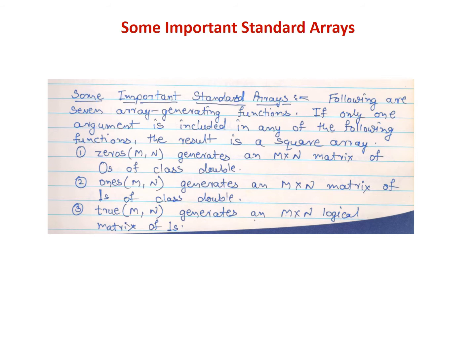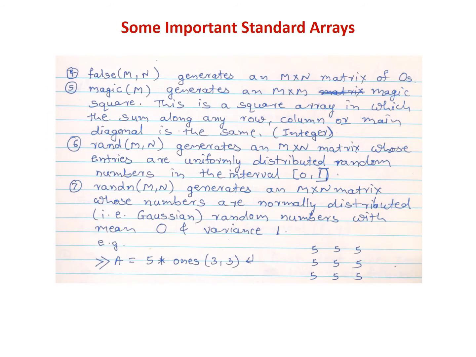Next, true(m,n) will generate an m by n logical matrix of ones. The next function is false(m,n), which generates an m by n matrix of zeros. Function magic(m) will generate an m by m magic square. This is a square array in which the sum along any row, column or main diagonal is the same, which